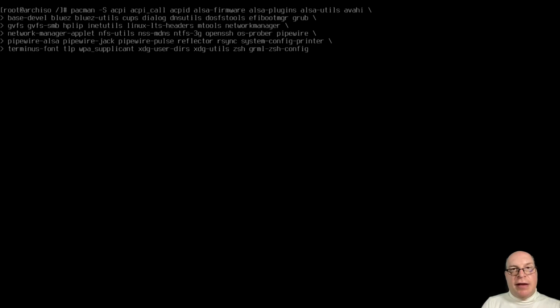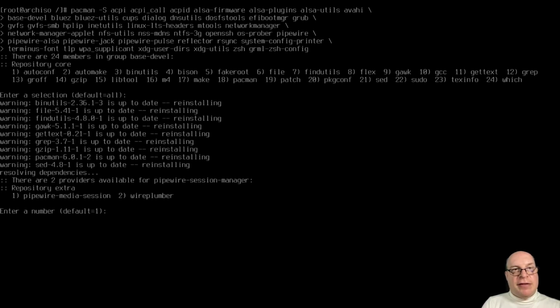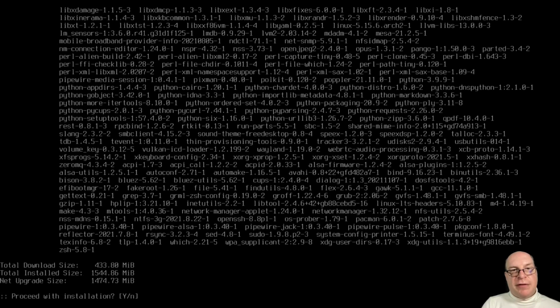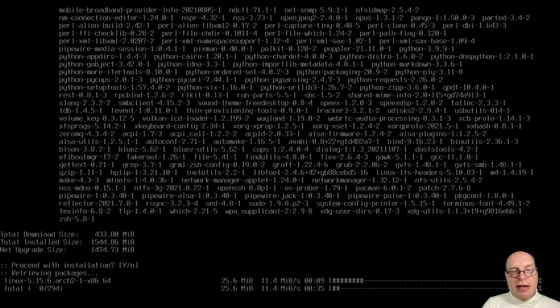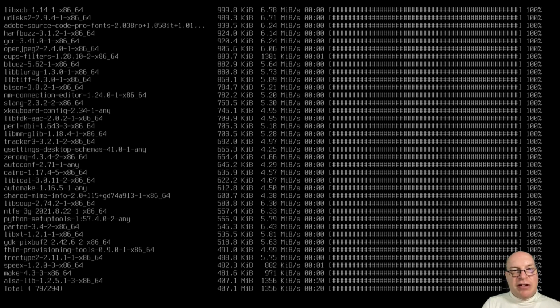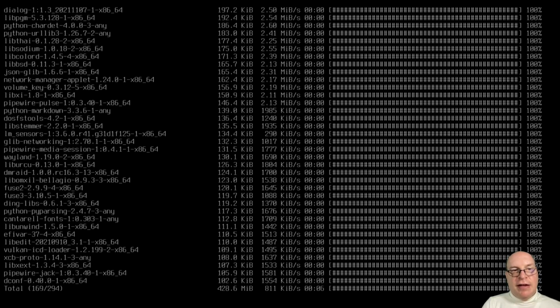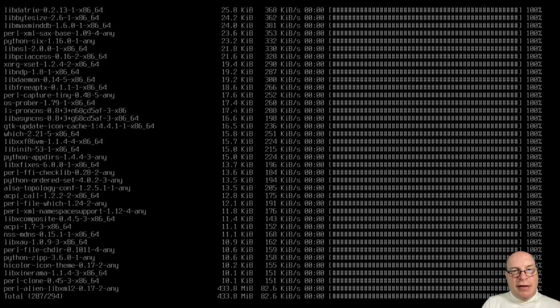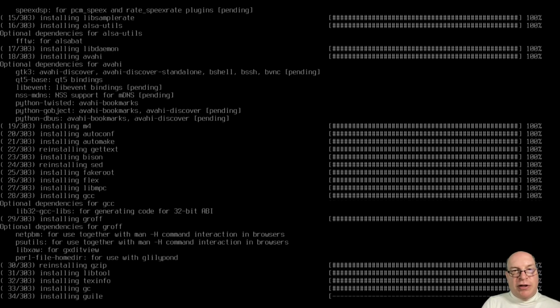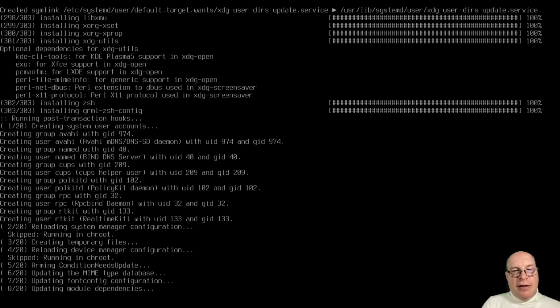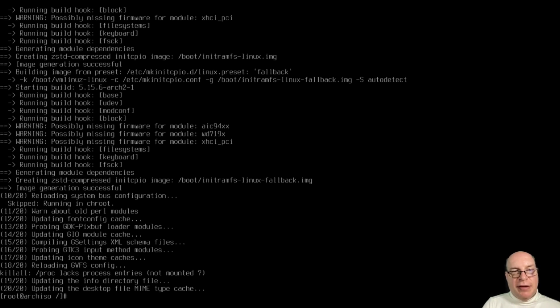So let's go ahead and hit enter for all the defaults. We want to install everything here. And with the magic of video editing, we can make this very short. Again, depending on your network speed, a lot of packages to download. And it's done. All right, so let's install grub with grub-install --target=